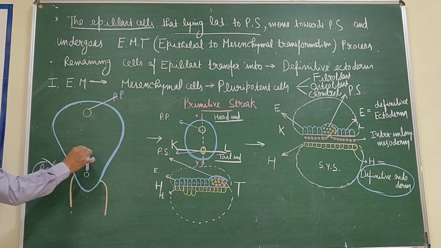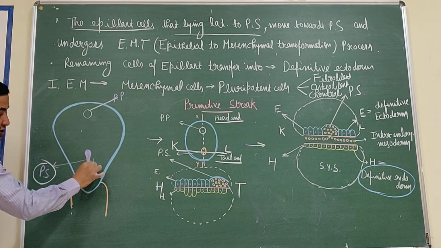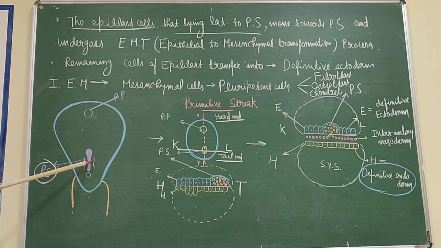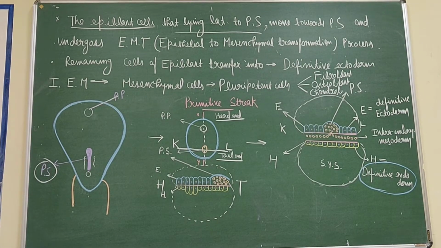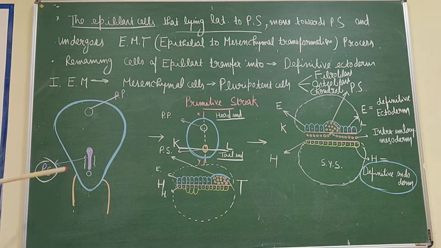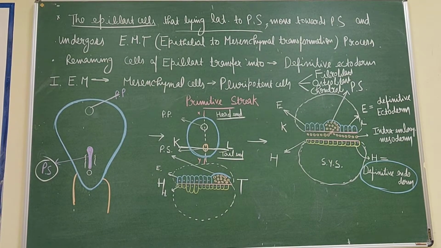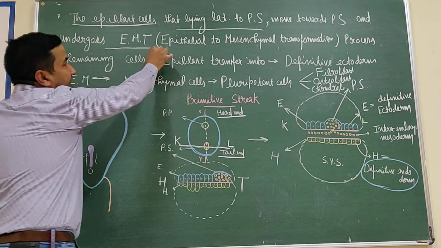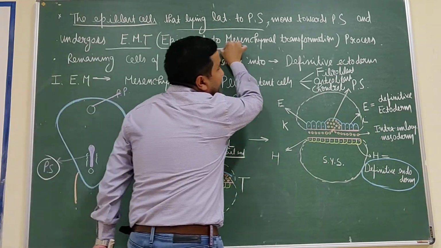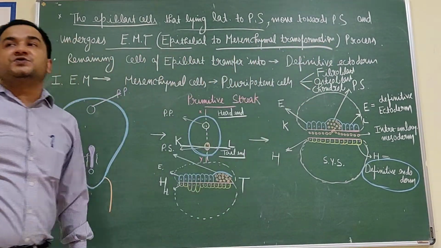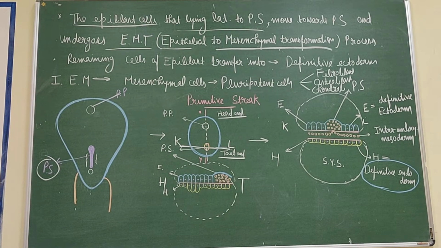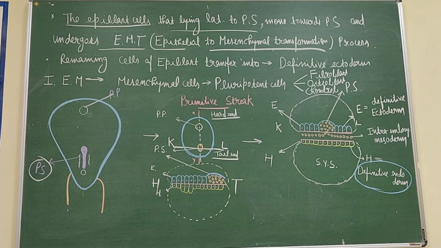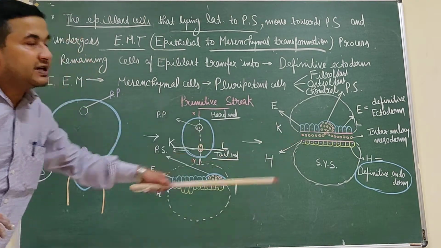The epiblast cells that lie lateral to this primitive streak move towards the primitive streak, enter into the primitive streak, and undergo EMT. It means epithelial to mesenchymal transformation, through which the intra-embryonic mesoderm layer is formed,